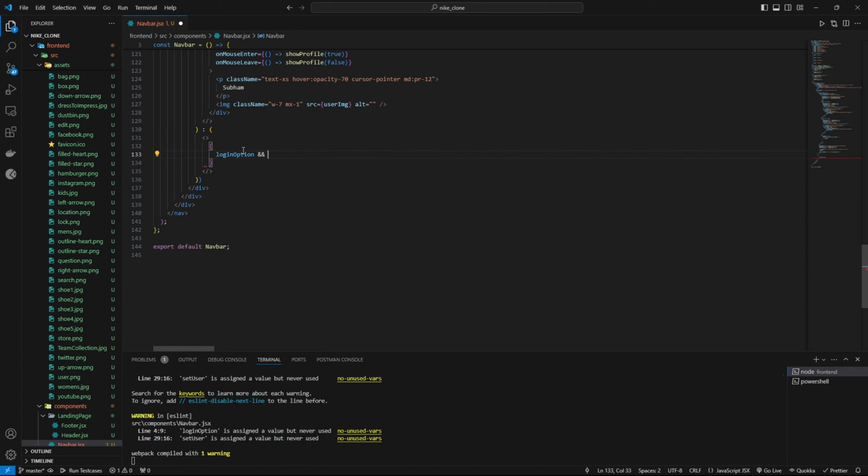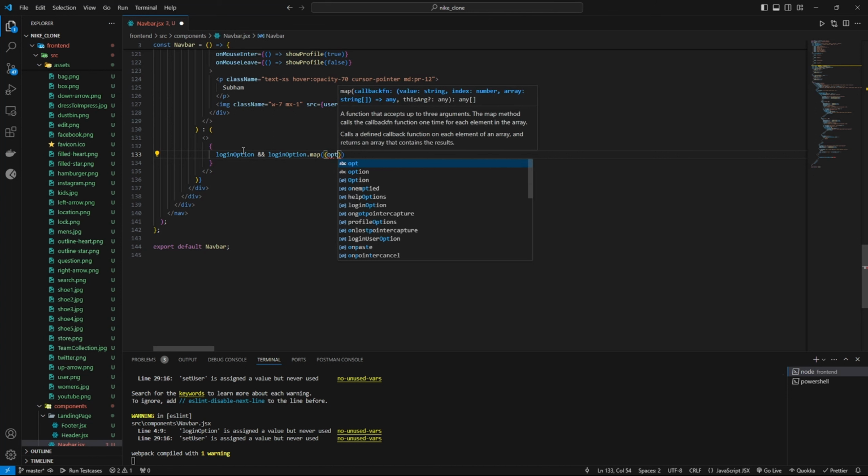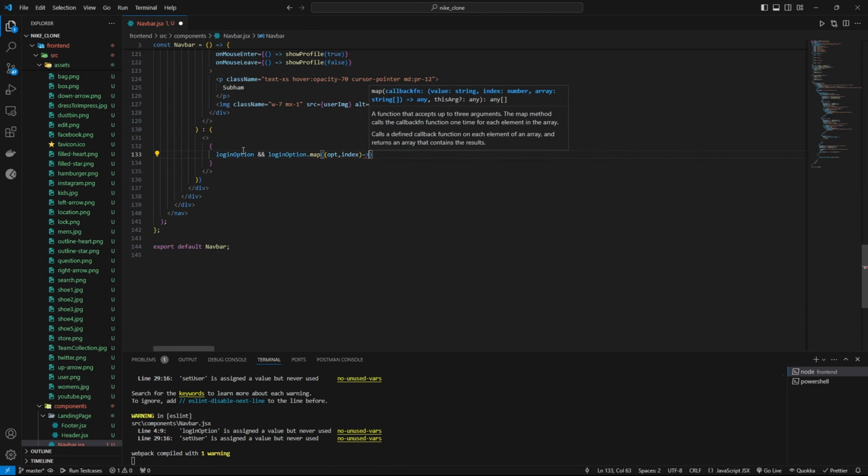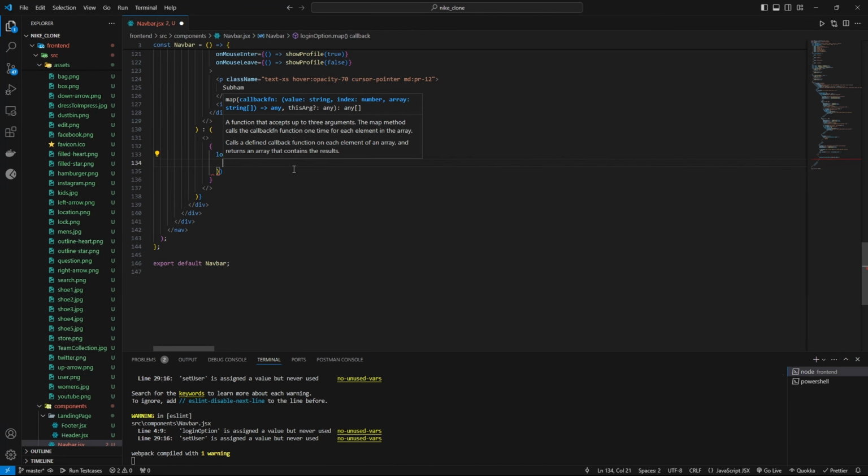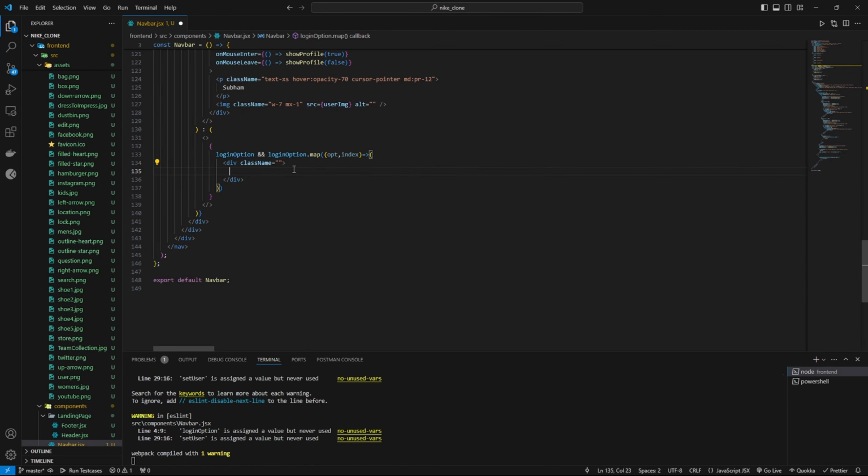So if the login option is available, then we are going to map the login option with option and index, and it won't be curly braces because we need to show HTML here. After that, I'm going to make a div, and inside the div I am going to give a p tag, and inside the p tag I am going to show the options like the previous one, and apart from the options I am going to show